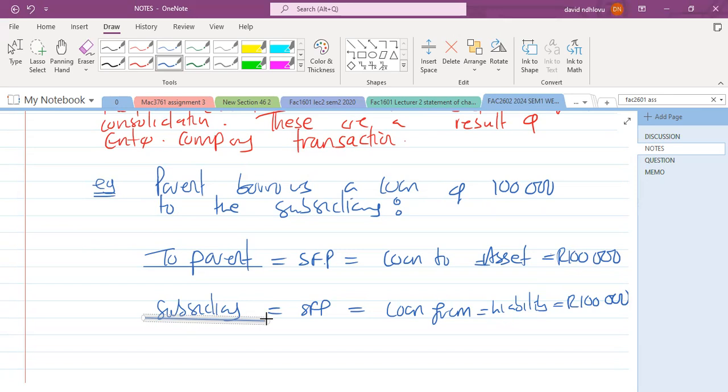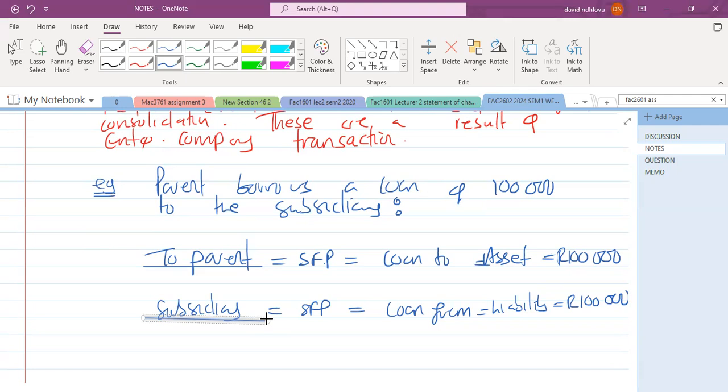But then again, we are now saying in the combined financial statements, the two companies, we are looking at them as one. And therefore, we are saying a company cannot invest, cannot give itself a loan. So therefore, at group level, we are saying this loan is not recognizable. And at group level, we are saying the loan should be eliminated from the financial statements. So these two amounts will be deducted from the what? Combined financial statements. They won't appear there. Are we clear on that, good people? Are we understanding it?